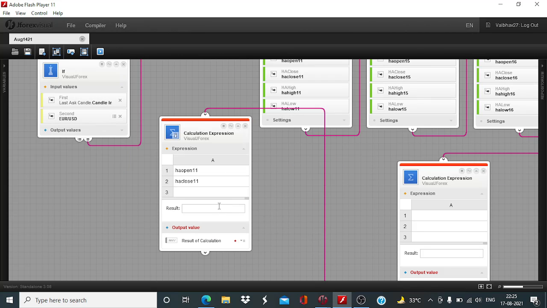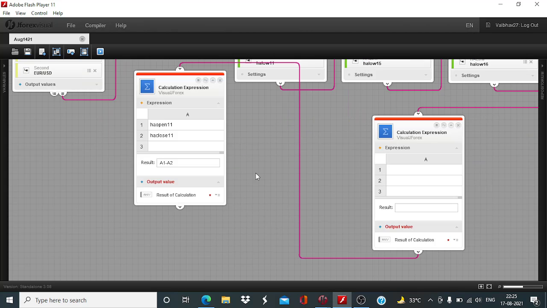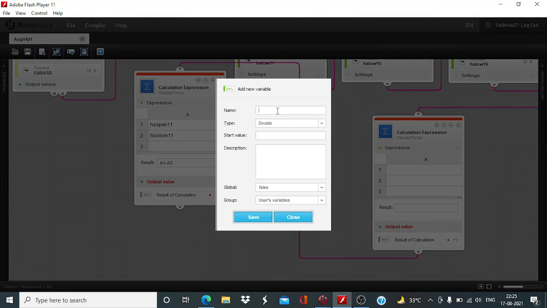It is going to be A1 minus A2, HA open 11 minus HA close 11. Okay, so this is going to be the sell side Heikin Ashi difference,